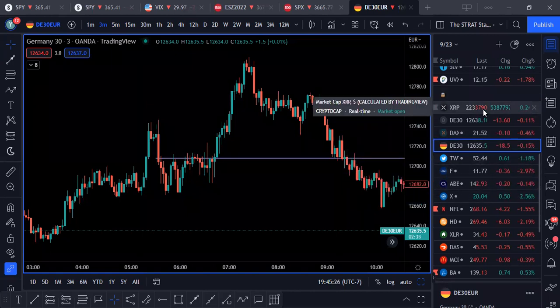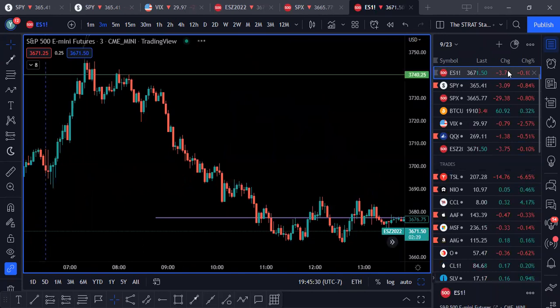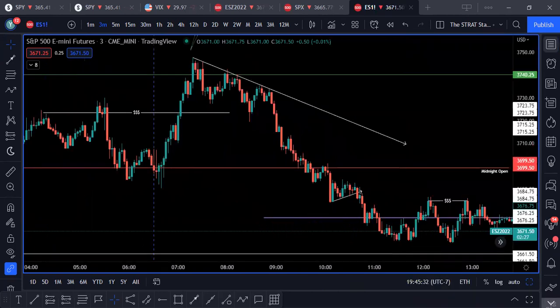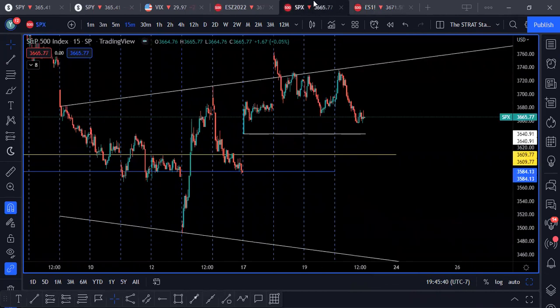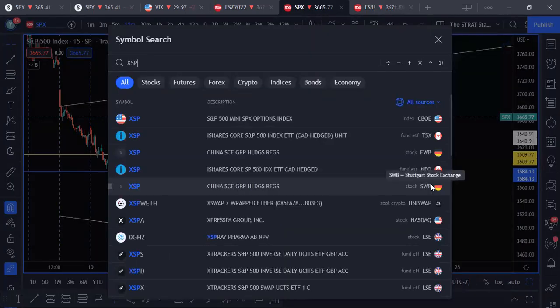But bro, that's the crazy part. Are you using the ES1, the continuous? I was using the XSP. SPX what? XSP. Oh, I don't know what that is. On TradingView. Yeah, maybe that's why. I've always said just chart on SPY. Maybe XSP is in a different feed. XSP, it's delayed.